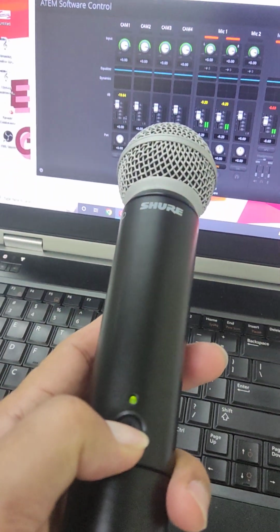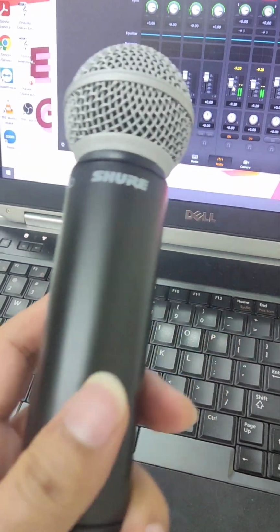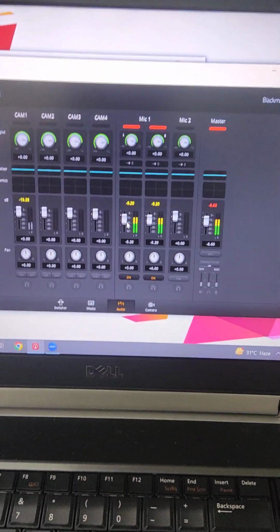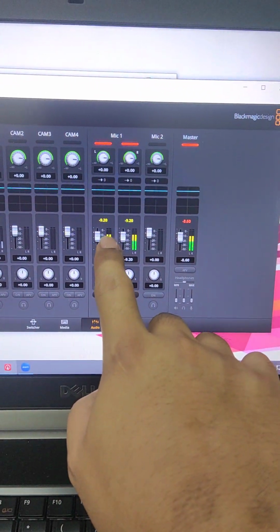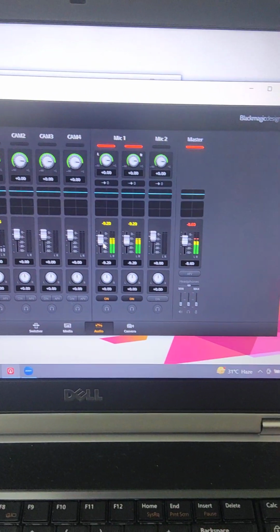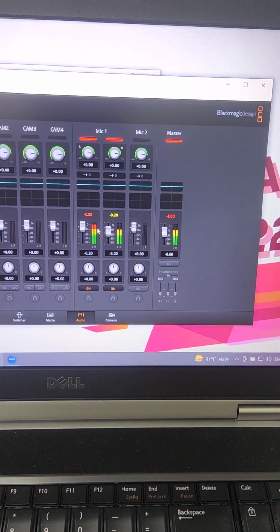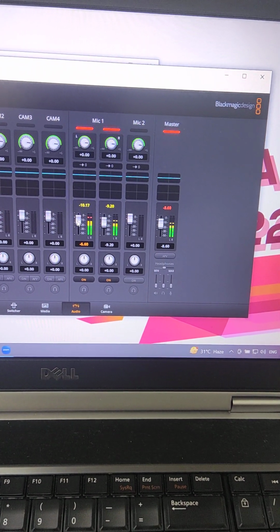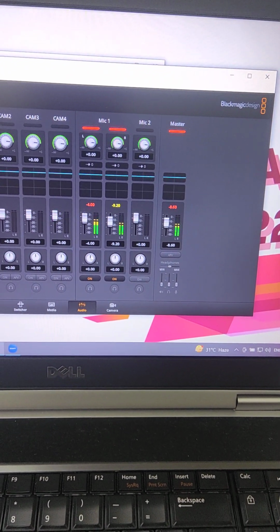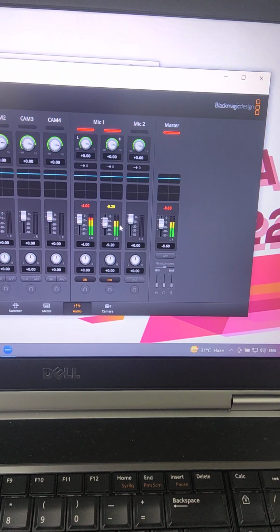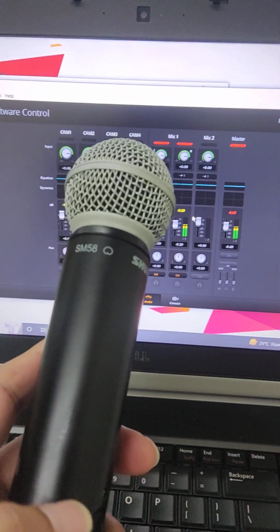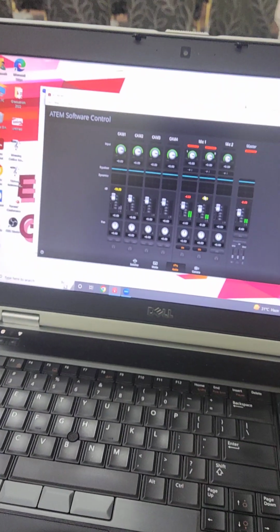Just make sure when they talk, let me test this one. When they talk, mic check 1 2 3, just need to make sure there is no red color here. Okay, if too loud like this, mic 1 2 3, so you just got to reduce a little bit, play around with the button here. All right, yeah, that's for the mic. Turn it off. All right, for the camera,